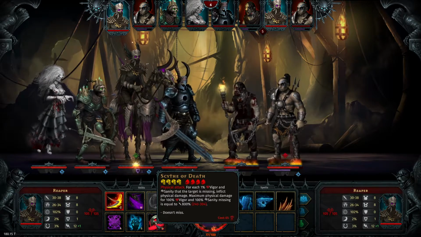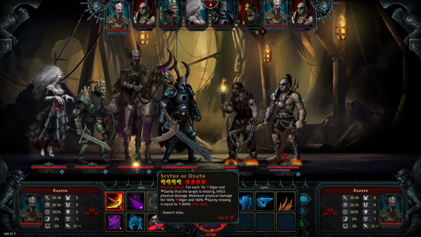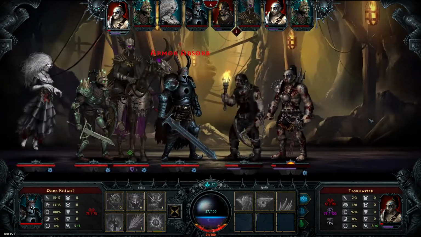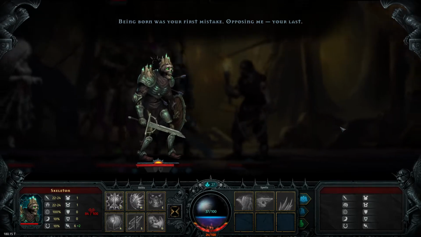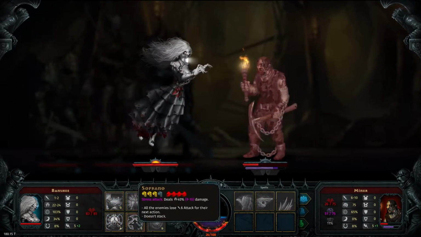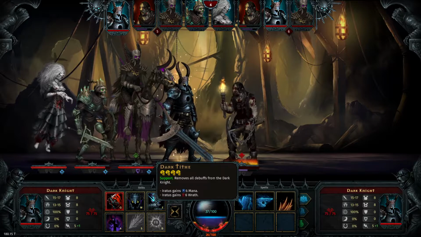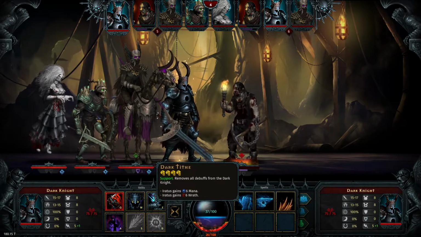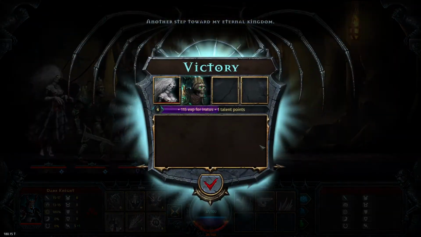For each 1% vigor and sanity that the target is missing, inflict physical damage. Maximum physical damage. Okay. I was about to say, like, is that really doing 300 damage? Get out of here. First mistake. I think his sanity went up. And we'll go... Can I kill? It's 25, he has 26. There's a chance I may not kill. I'll take that chance. Close! That was close! Another step towards my eternal...